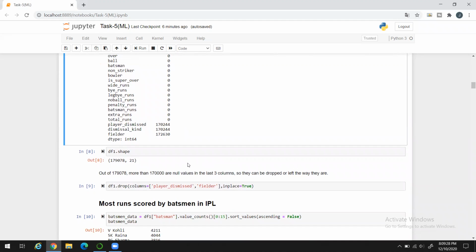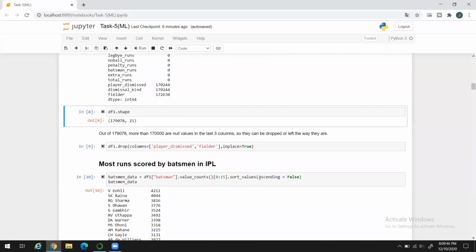as they are. Now, if you see the shape of the given dataset, it's around 1,79,078. Out of 1,79,078, more than 1,70,000 are null values in the last three columns. So, as I said, they can be dropped or left the way they are. Now I am just dropping these two, player dismissed and fielder, and we may use dismissal kind in the future,